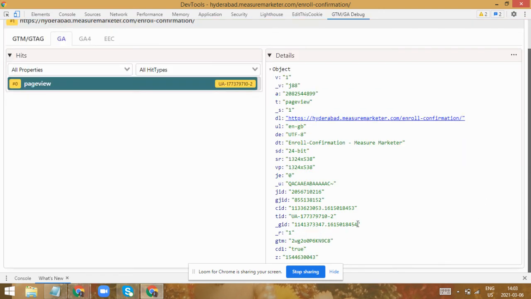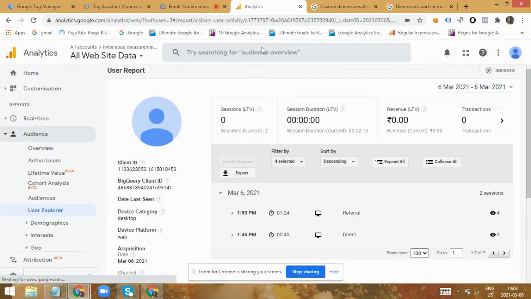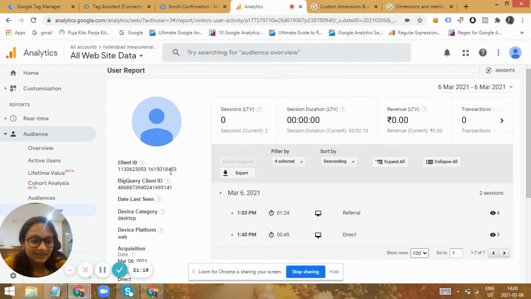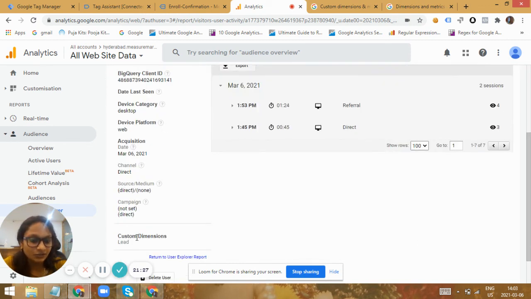If you can see 453, this is the client ID for us. Yeah, 453. This is a client ID. This is the user in this particular session. So the custom dimension should be applied to this user. See, the custom dimension that you have applied, this user has filled your form or enrolled to your program. So the custom dimension lead is applied to this user.